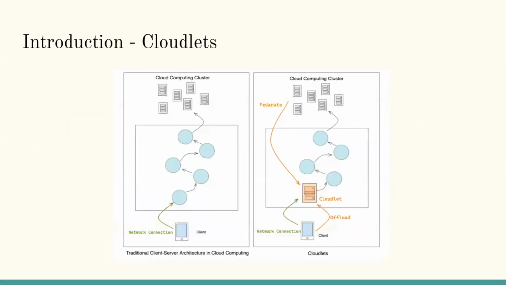Cloudlet architecture is better than client server architecture in several ways. Firstly, as mentioned before, it brings the capabilities of the cloud closer to the user, reducing the latency and improving the performance of services, as we can see in the diagram. Secondly, cloudlets can offload compute intensive tasks from mobile devices to the cloudlet, reducing the strain on the devices and extending their battery life and performance. This can improve the user experience and enable the use of more powerful applications on mobile devices, as will be